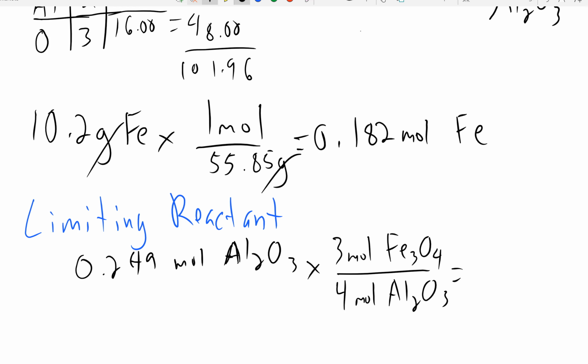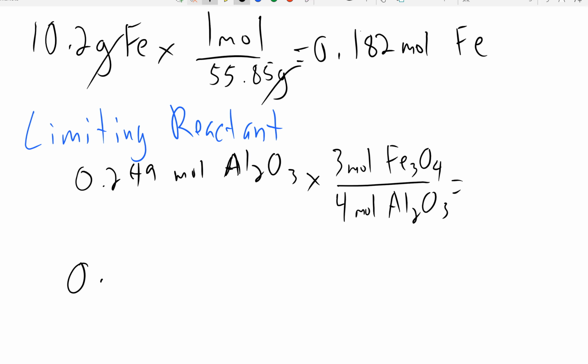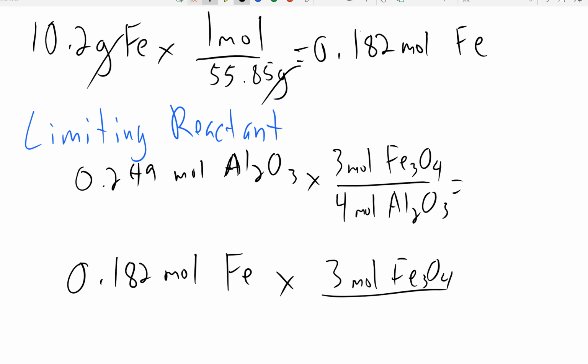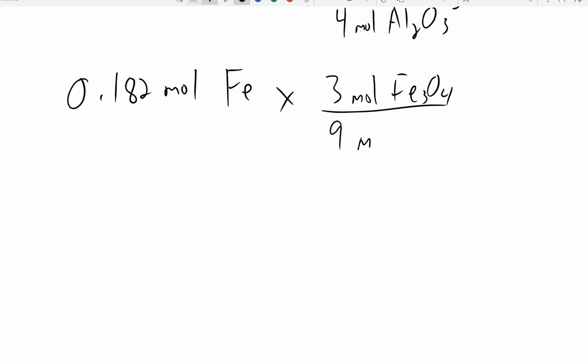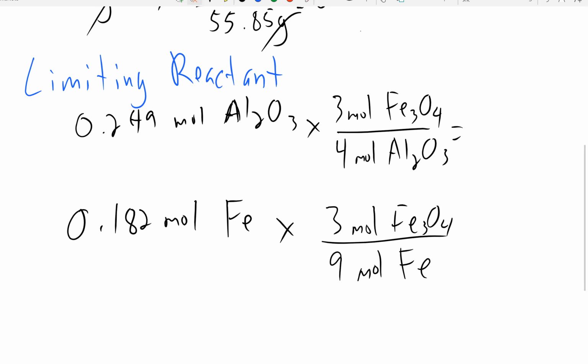And the other equation we're looking at for iron is 0.182 moles of Fe times 3 moles of Fe3O4 and 9 moles of iron. Cool? So if we do that math, we'll see the limiting reactants we end up with: we have 0.249 times 3 divided by 4, and we get 0.18675